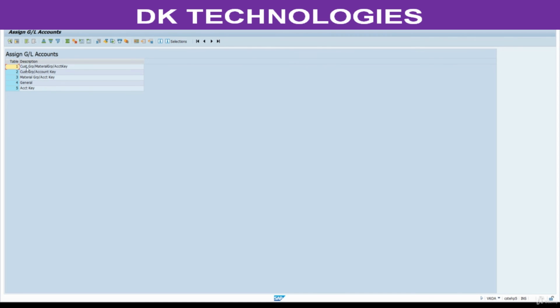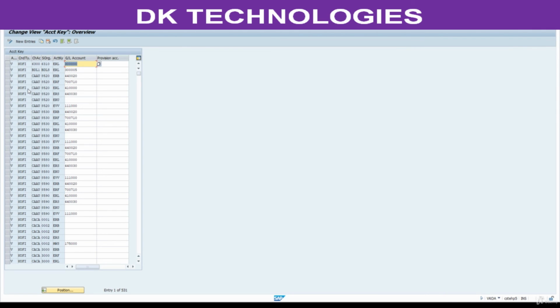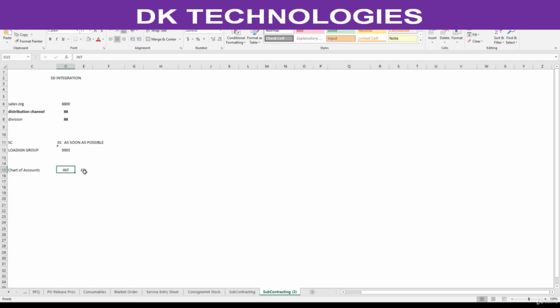Even if we don't understand these 1, 2, 3, 4 steps, no need to worry, since we are not an SD consultant or FI consultant to worry about this GL integration. Click on this last one. What we have to do: this V is common, KOFI is common, chart of accounts we know, I know my chart of accounts is INT. This ERL I know because this is the standard one we are going to use for revenues.